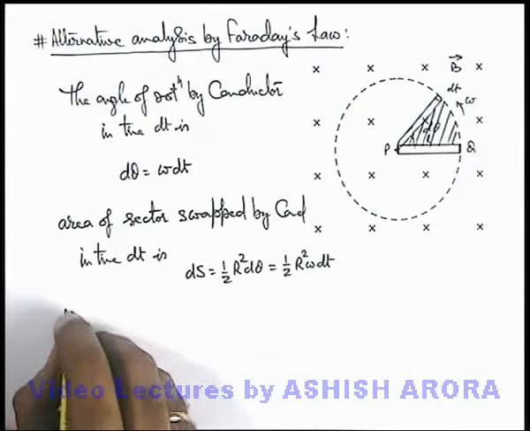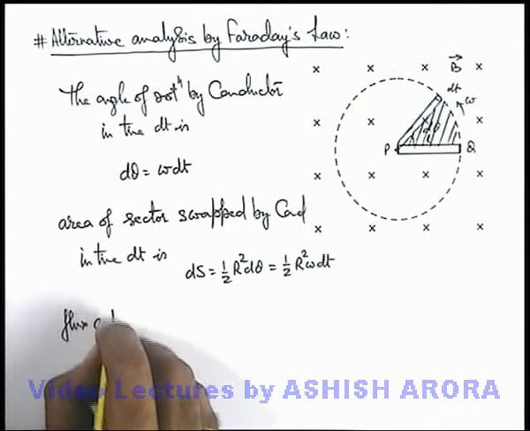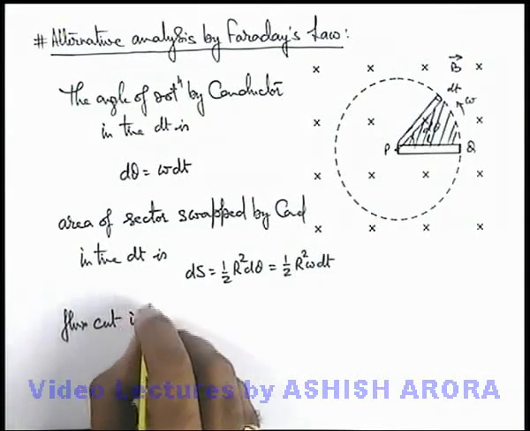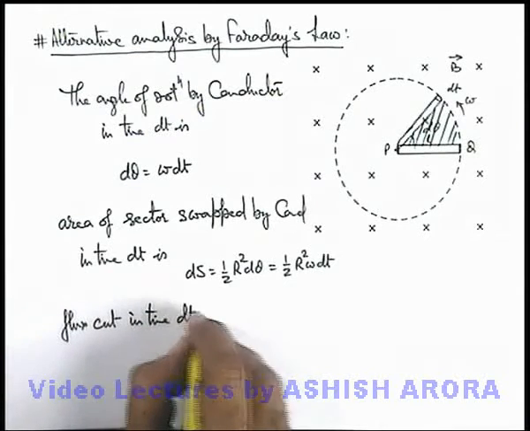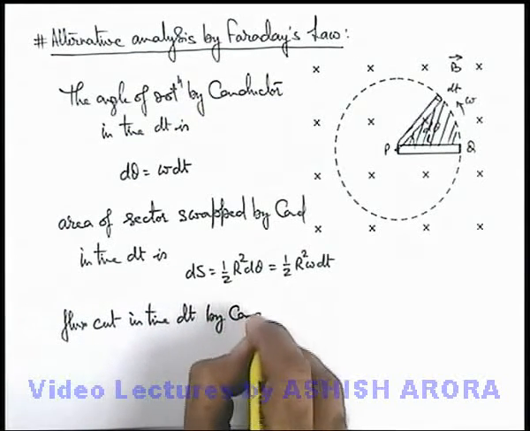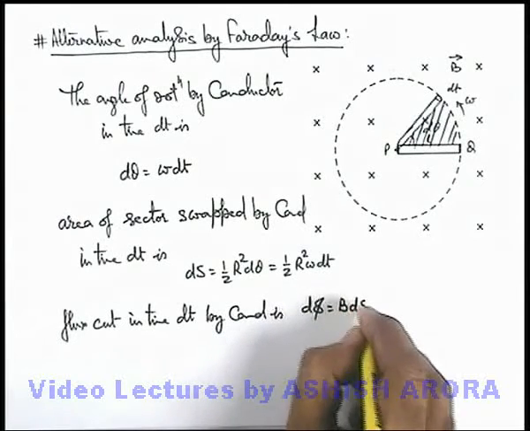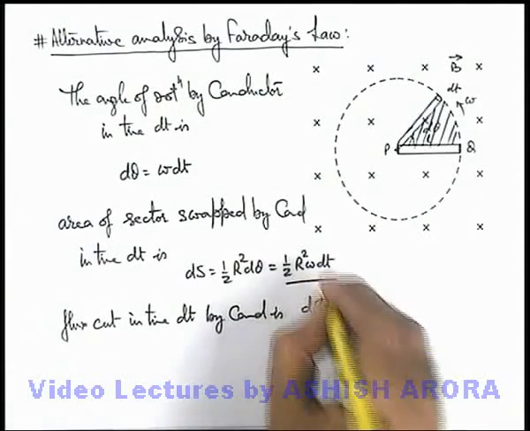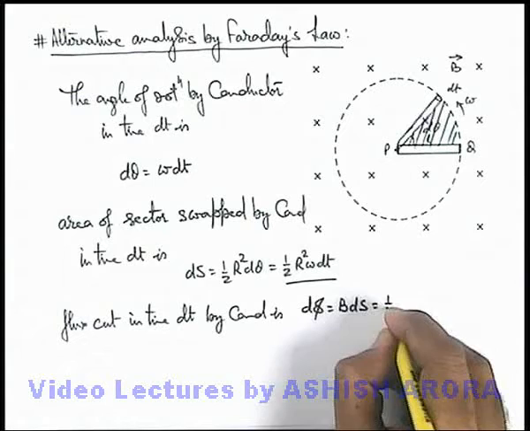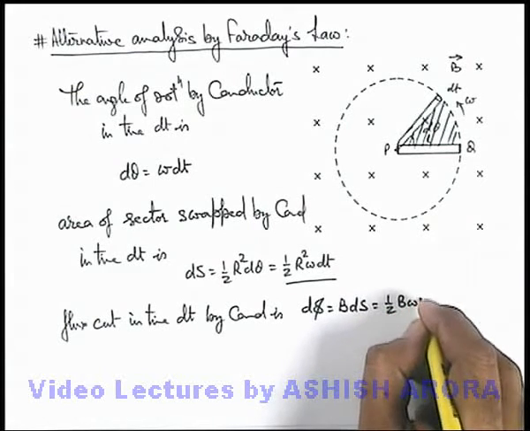And if we calculate the magnetic flux cut in time dt by the conductor, this flux d phi we can write as B ds, and the area we already calculated, so this will be half B omega r squared